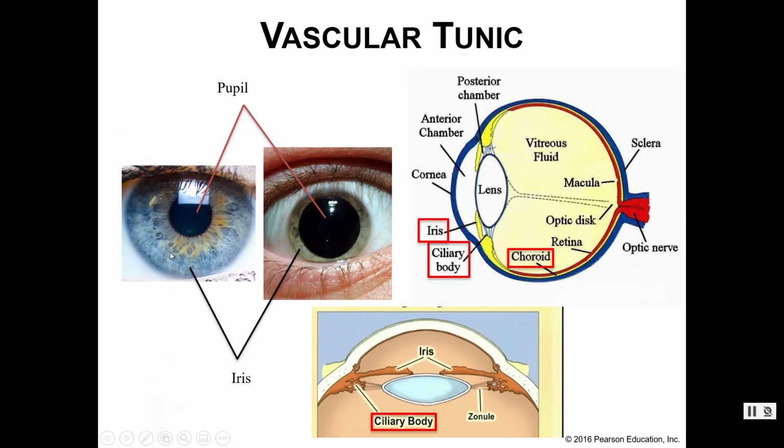All right, so here we go. We said the iris was the pigmented, the colored part, so we got blue eyes or green eyes, something like that. The pupil was the hole in the middle, so we can dilate or open up, or we can constrict and go back to our normal size. We've got the ciliary body that we mentioned being attached to the lens. We said we can kind of change the shape of the lens to accommodate for whatever we're looking at. And then last but not least, that choroid layer, this yellow thin layer. Remember we said this is how we're going to feed the retina, and so you'll see the retina is right next door and all that good